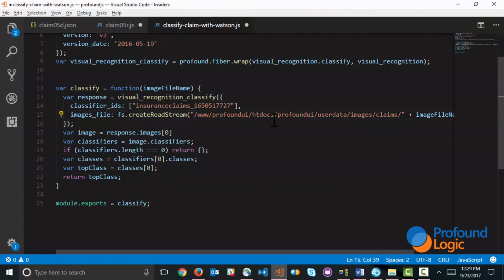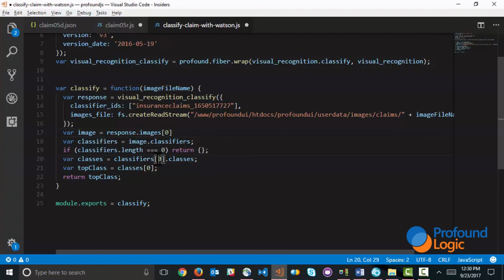After that happens, Watson comes back with a response, and I'm just grabbing the relevant information out of that response. So that's what this code right here is for. Basically I'm grabbing the first image that's returned. That may have multiple classifiers, but really I'm interested in the top classifier.